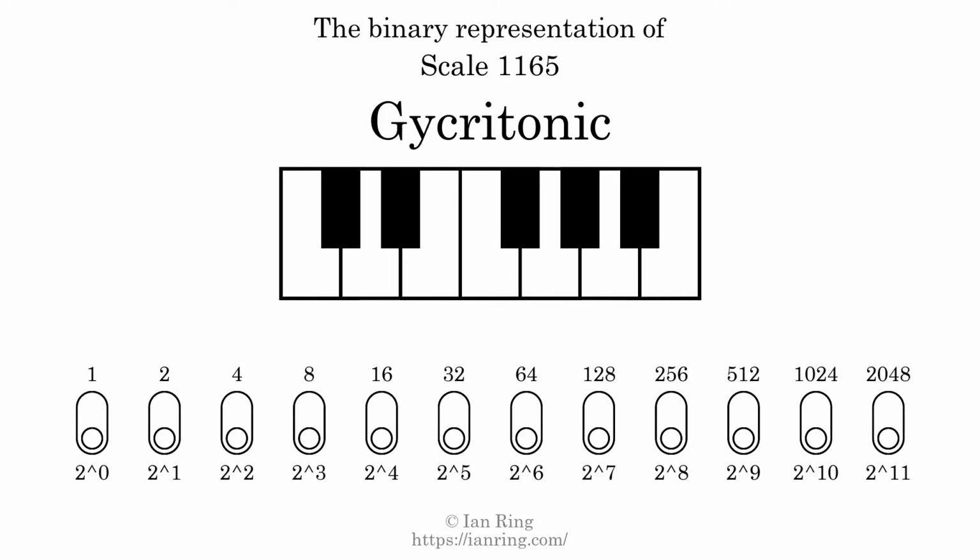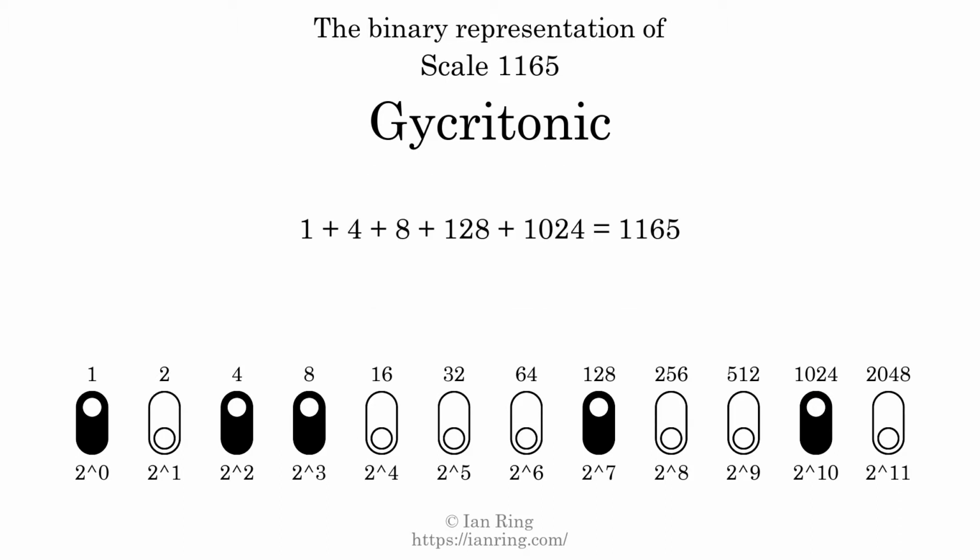The binary representation of this scale is determined by mapping tones of the scale to binary digits. Each binary digit represents a power of 2. To get the scale number, we add the powers of 2 together. The powers of 2 that are present in the scale, all added together, equals 1165. That is why the scale number, in decimal, is